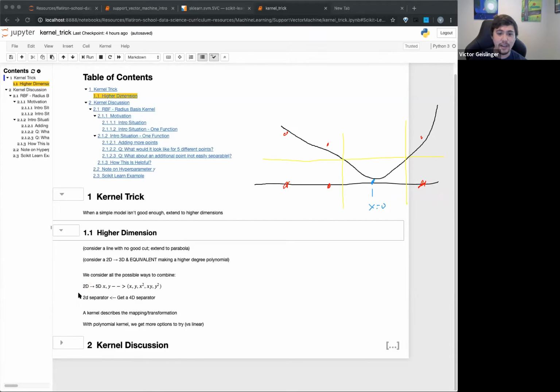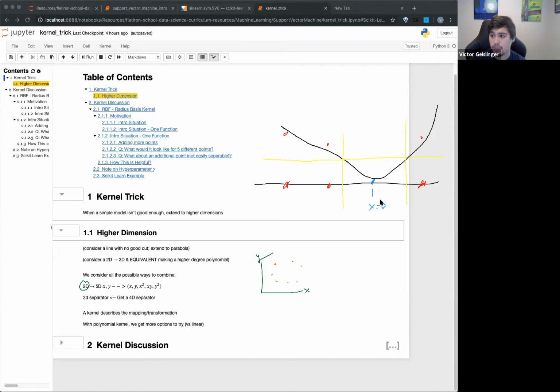So you can see here, if we had 2D data, which is basically x, y, right? What we can do is say, well, now we have a new set of features. So normally, if I had just x and y, and I drew out the data points, I'll just draw this a little bit with orange. So you can see here, maybe I have data points like this. There's no single line I can draw to actually